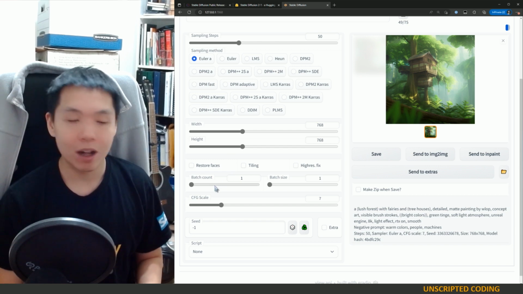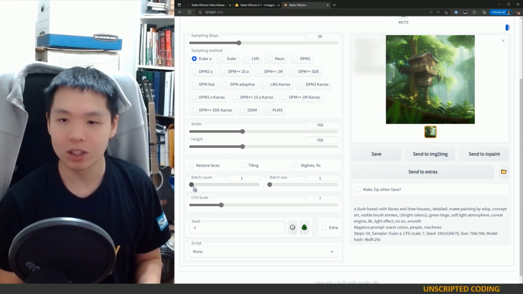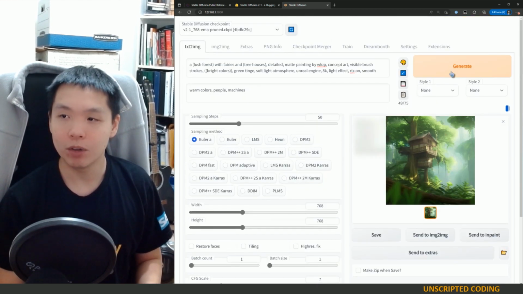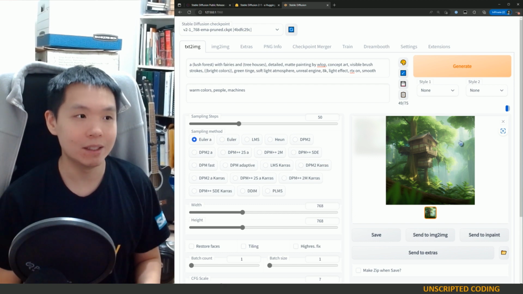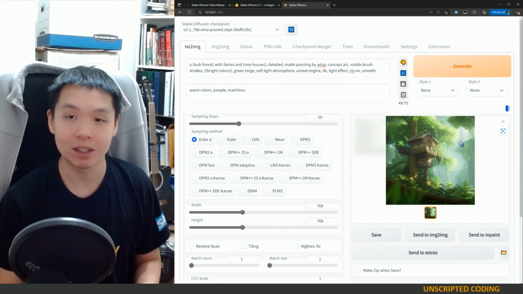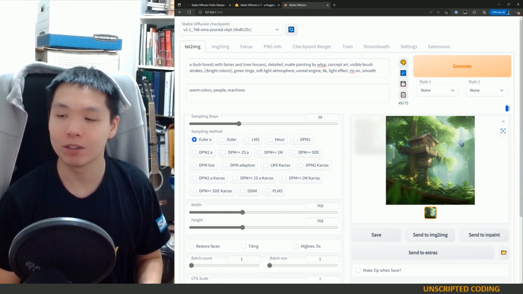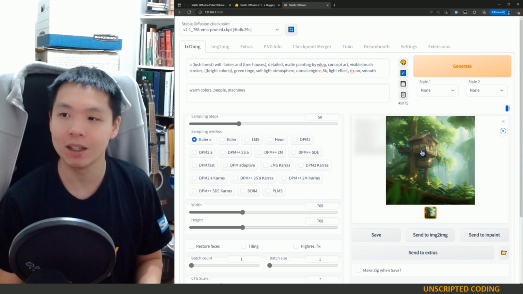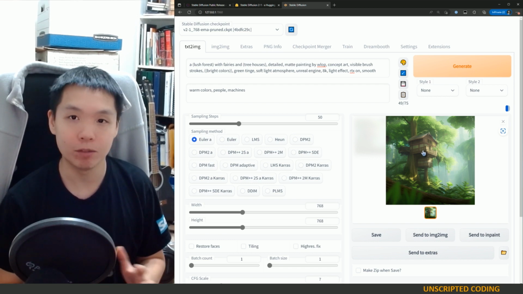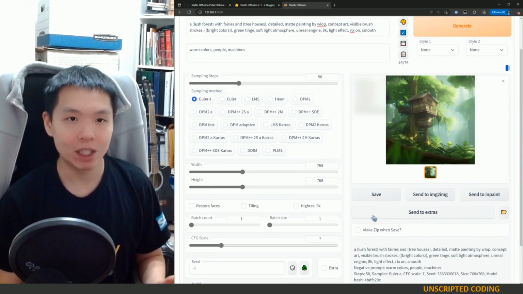The next one, another obvious one I want to go through first, is batch count. As I said, this is trial and error, and if I generate this once, twice, 10, 100 times, you're going to see 100 different images. The AI does it fresh every time, and maybe some of them will look similar, and if you're very good with your prompt and very detailed, it might have something very specific. But generally speaking,